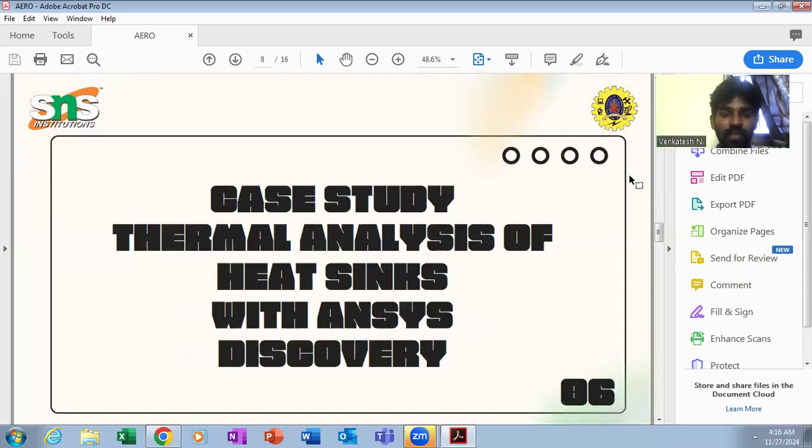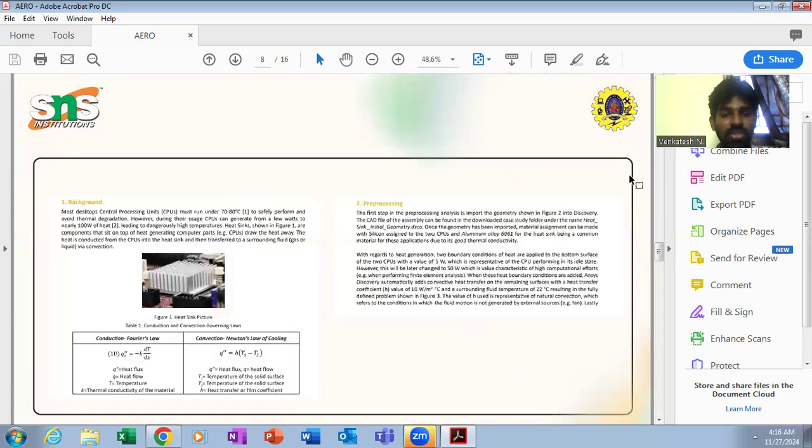And the case study of thermal analysis of heat transfer with ANSYS Discovery. So the desktop central processing unit must run at a temperature between 70 to 80 degrees Celsius to safely perform and avoid thermal degradation. However, during usage, a CPU can generate from a few watts to nearly 1000 watts of heat, leading to